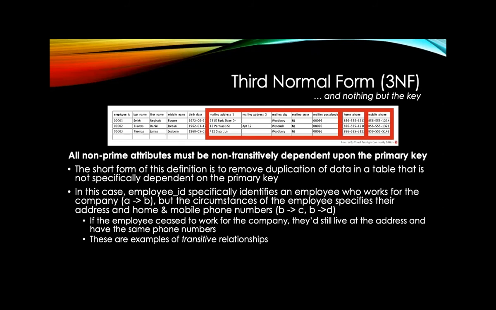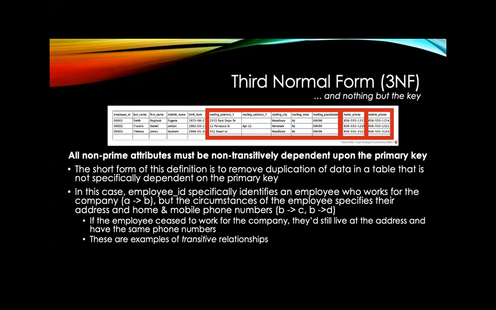I may change my mailing address at any point in time. I may have multiple mailing addresses. At Bank of America, I had at least one in Charlotte and one in Alabama for almost 10 years. So you can't necessarily say that an address is functionally dependent on an employee name,